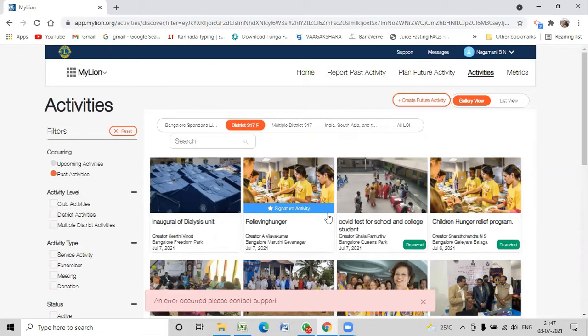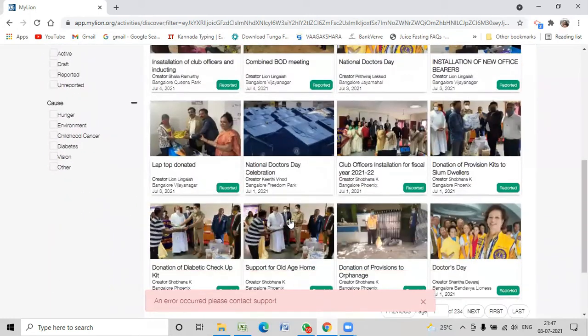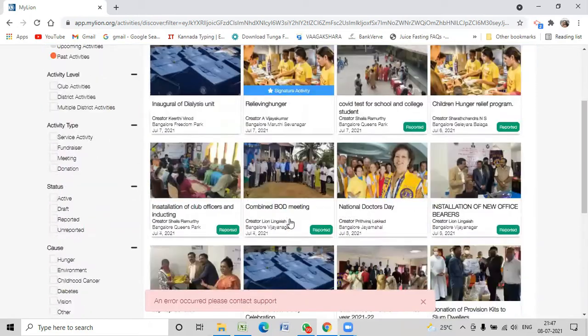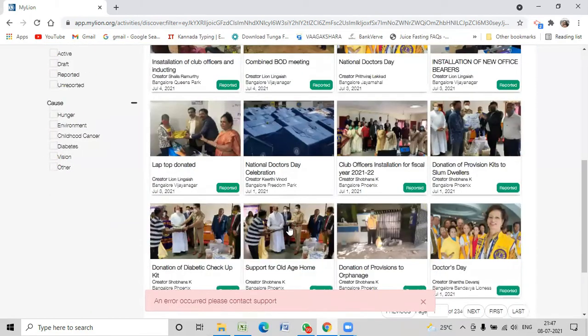Now, neither can anybody view it on MyLion, nor will it be considered as a service activity when the total is being calculated for District 317F or multiple or higher up. So this is also one of the reasons why we should update it frequently, at least once in a month, right?